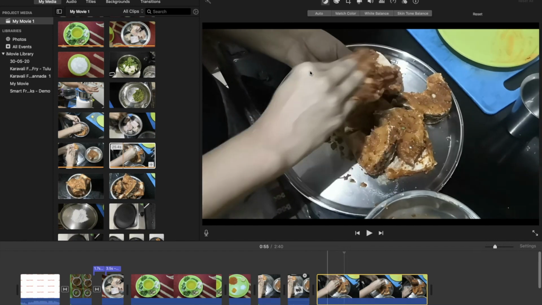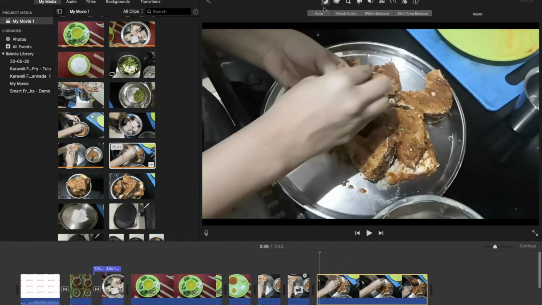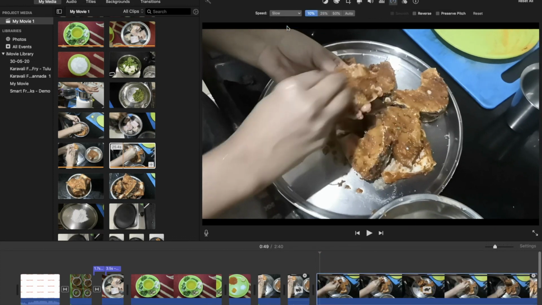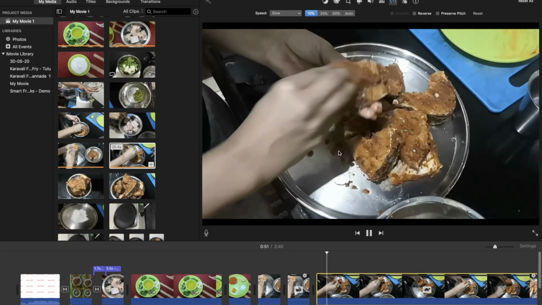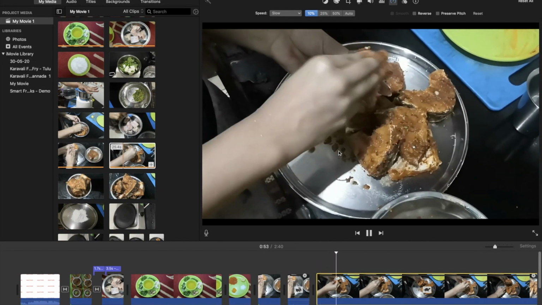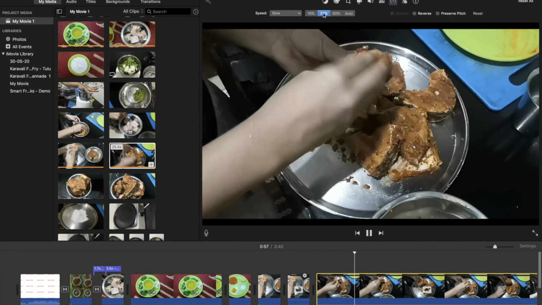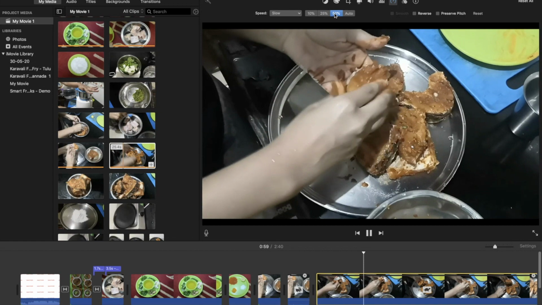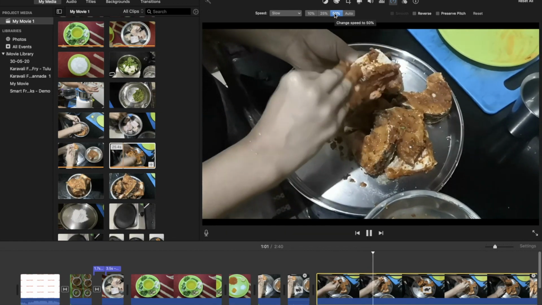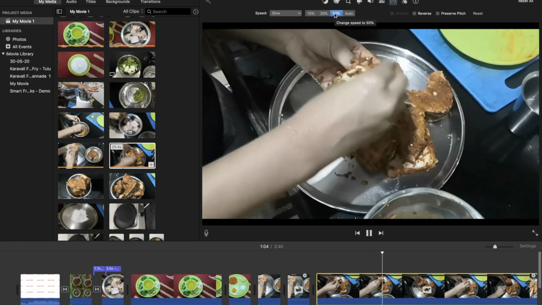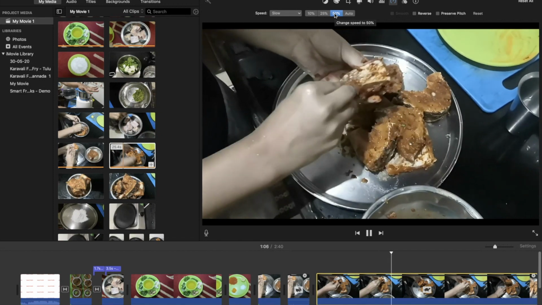Now I wanted to give a slow motion effect for a video. For that, I can click the speedometer symbol there and select slow. Whenever I select slow, there is a symbol down there which is a tortoise. That means it's indicating that it runs slower. So I can select 30%, 50%, 10%, and you can even customize it further.